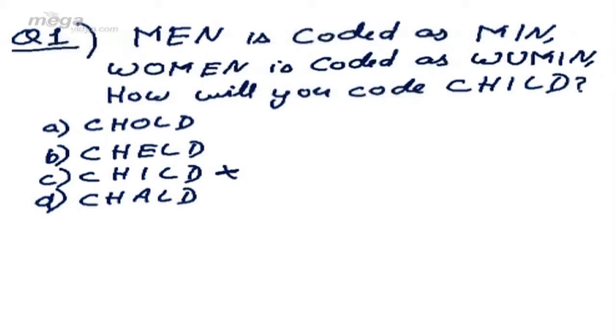Why is it not a correct choice? If we see, child is written as child in C part, whereas there were a few changes taking place in the second and the fourth. And if there are a few changes taking place, we also need to make a few changes.